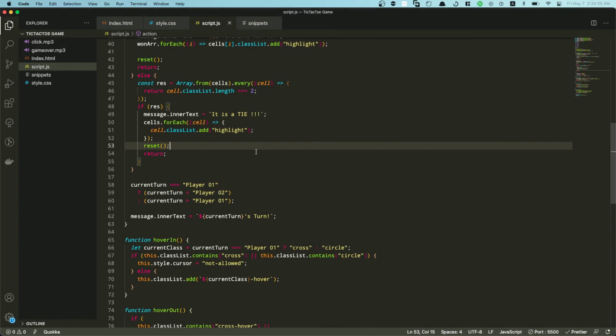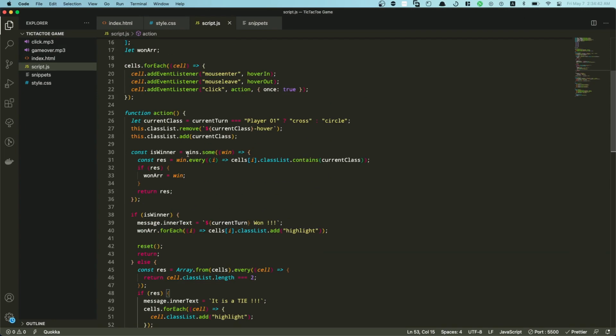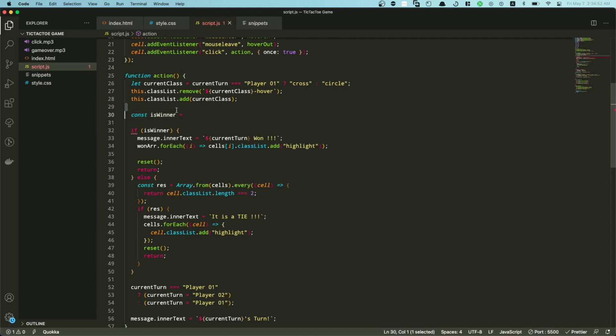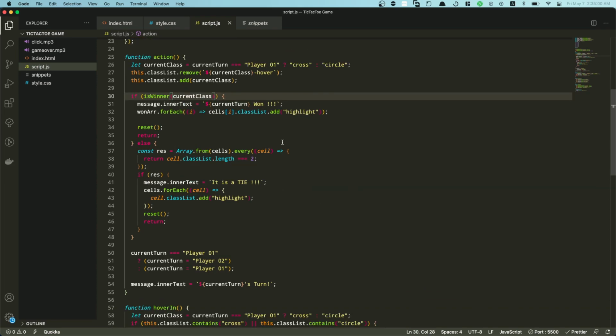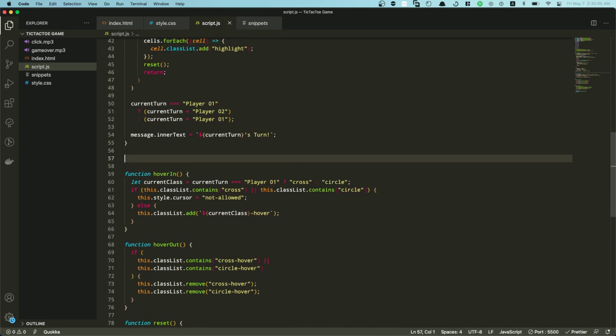Yeah, and now we also need to do one more thing in here. I remembered that I didn't keep this part clean in here, so I'm just gonna create another function and call that isWinner, and then I'm gonna also cut this off from here. Let's just close this out from clean that, and then isWinner, and then pass in the current class from within there, and then we're gonna create this function right here, isWinner, and it's gonna take the current class, and down